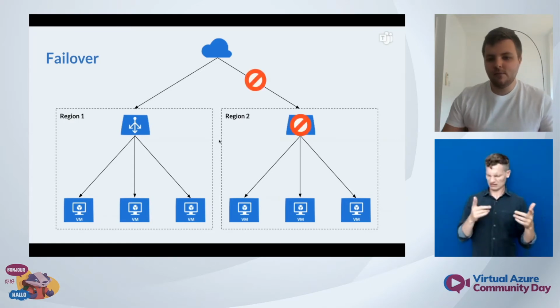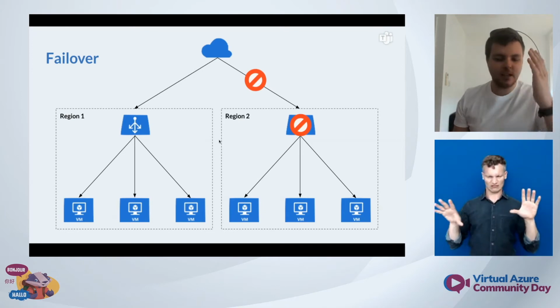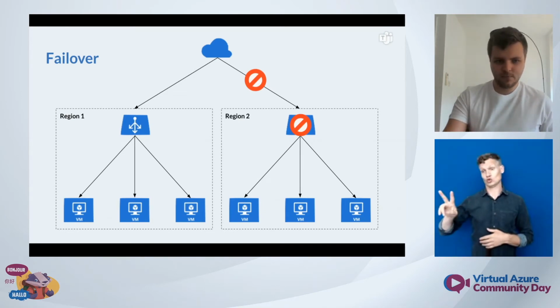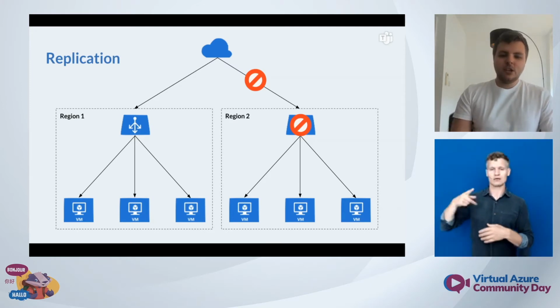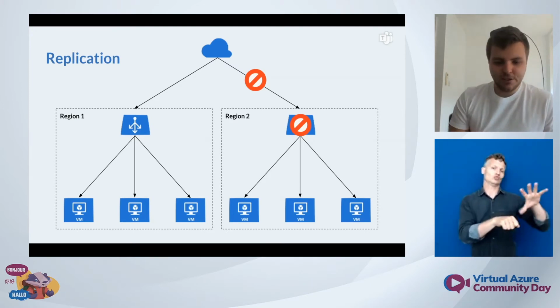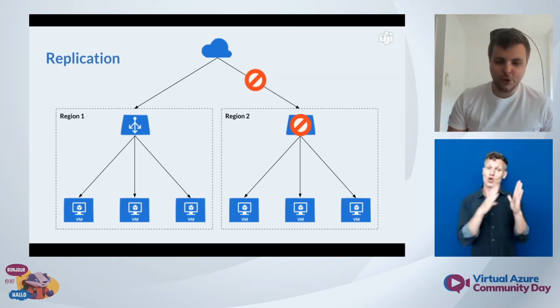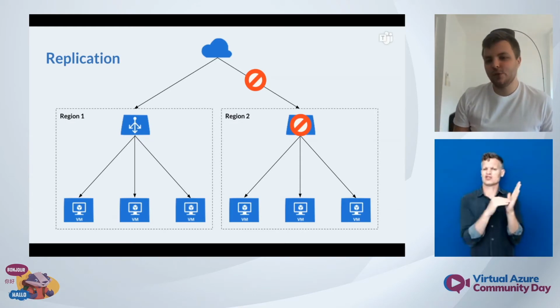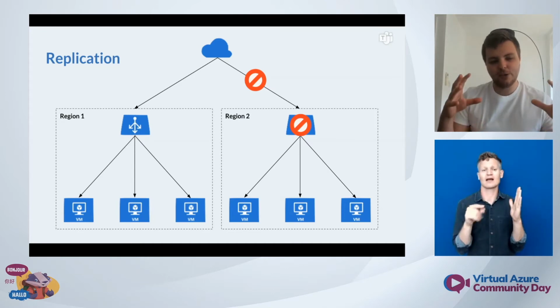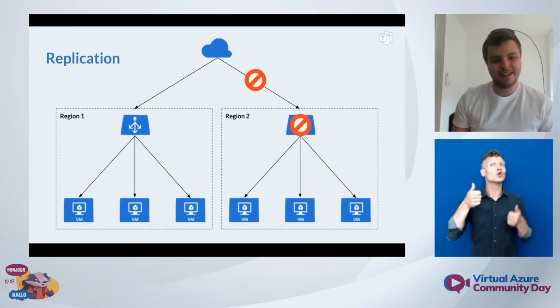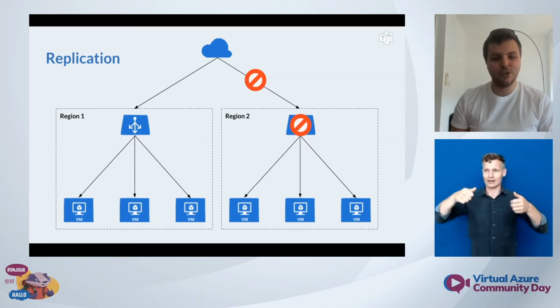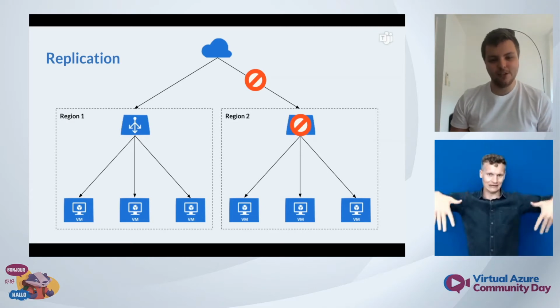So yeah, if region 2 here fails, we can easily cut region 2 off and the traffic goes to region 1 now instead. Replication is an interesting one because failover is all well and good when you have infrastructure, but when you're actually talking about data at play and how you make sure that user data is synchronized between regions,